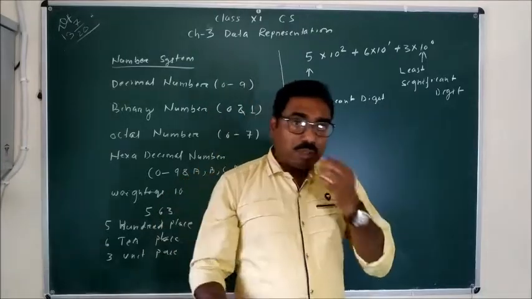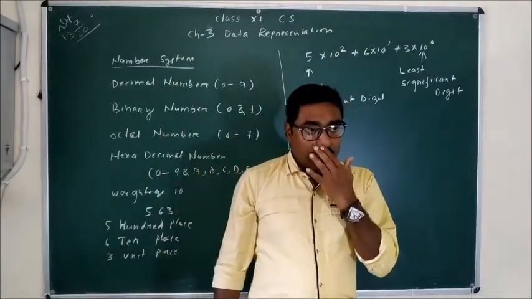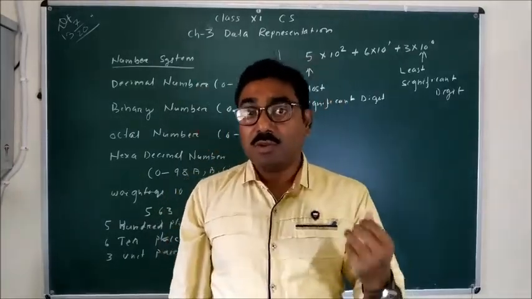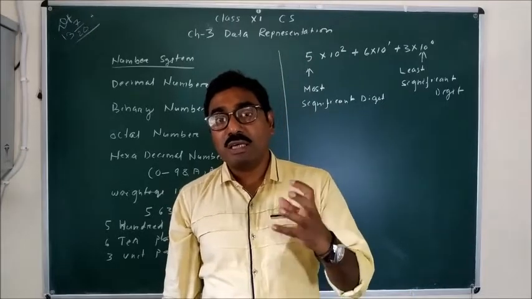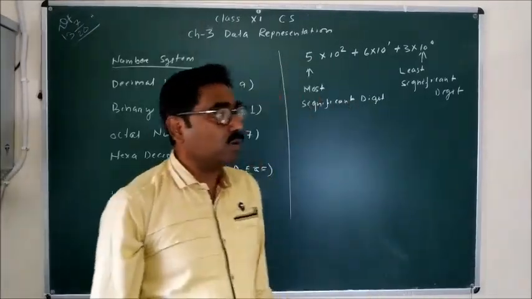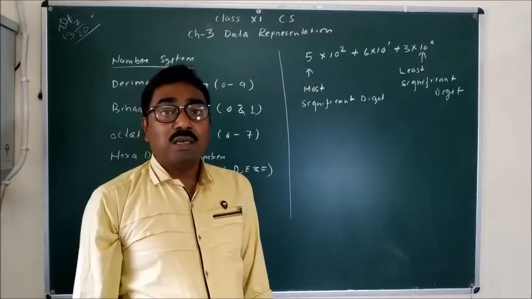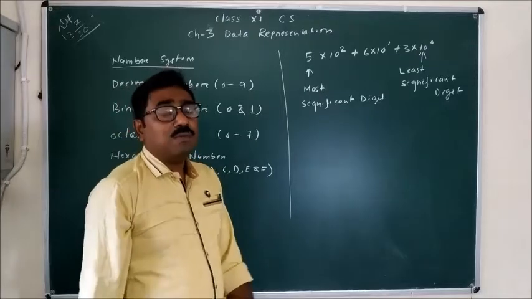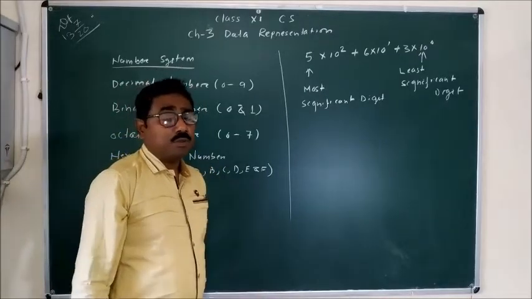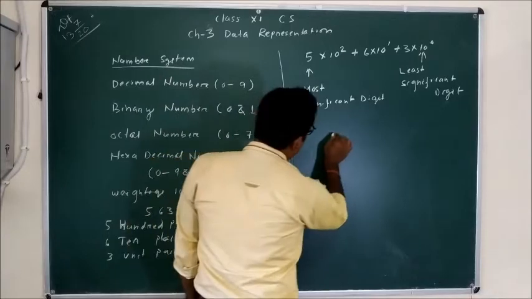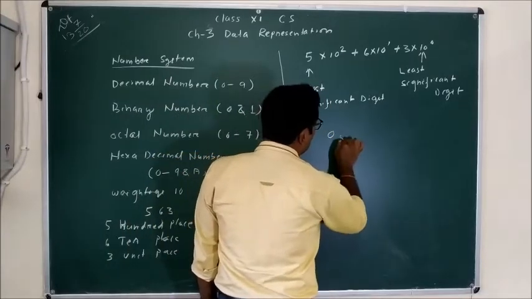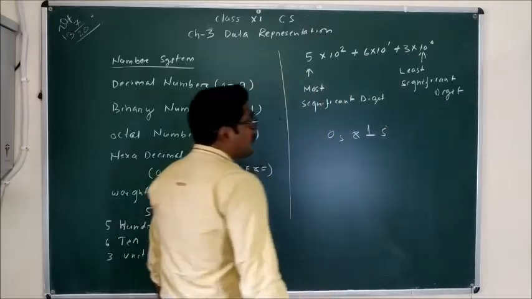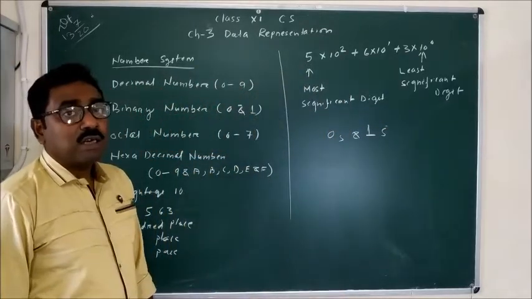But the computer can understand the data in a format that is known as the machine format or binary format, using only the digits zeros and ones, which are known as binary numbers or binary digits. So each and everything that we enter into the computer must be converted into a sequence of zeros and ones, or a combination of zeros and ones, so that the computer can understand this.